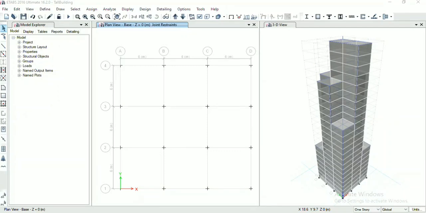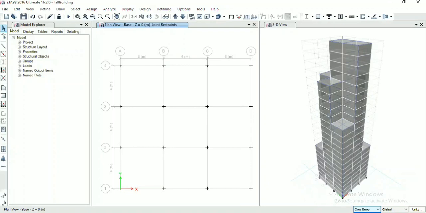Now we will assign wind loads. From table 4 of IS 875, coefficient of external pressure for windward side is 0.8 and for all other three sides are minus 0.25, minus 0.8 and minus 0.8.